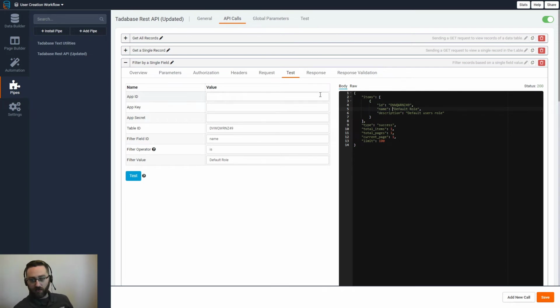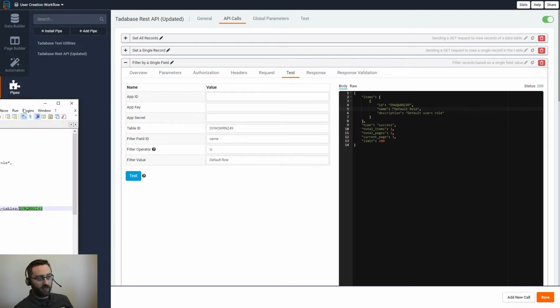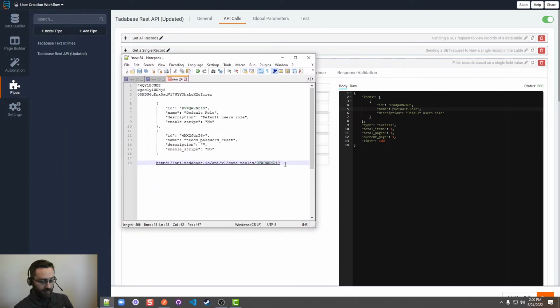We need to map this out, and in order to do so, I'll show you my notepad with all my copied information here. We're going to start with the first key that we see, which is items. Now because it's an array, we need to specify the index of the array, and array indexes always start at 0. So the first item in the array is actually going to be 0. So by doing items.0,